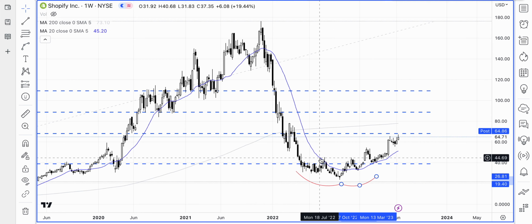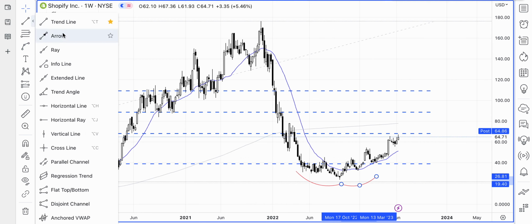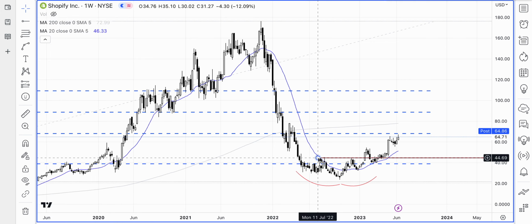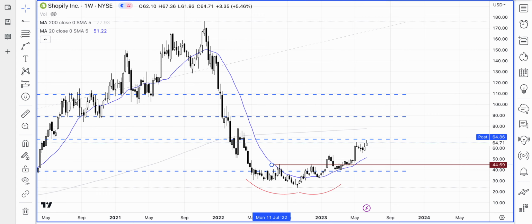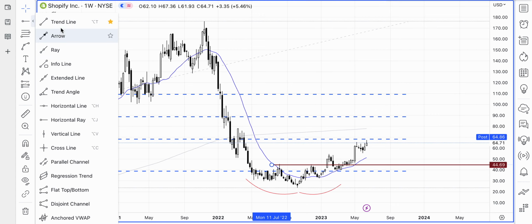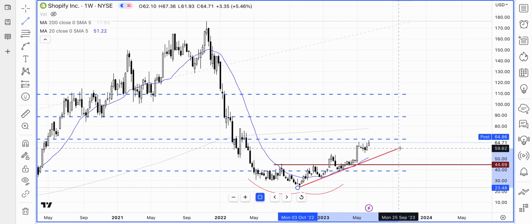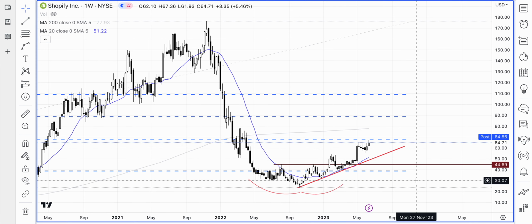And something interesting that happened was this: price broke above that, then it pulled back right into it, it found support, and what we have going on is actually a nice channel like this, which I'm going to show you more on the daily chart,